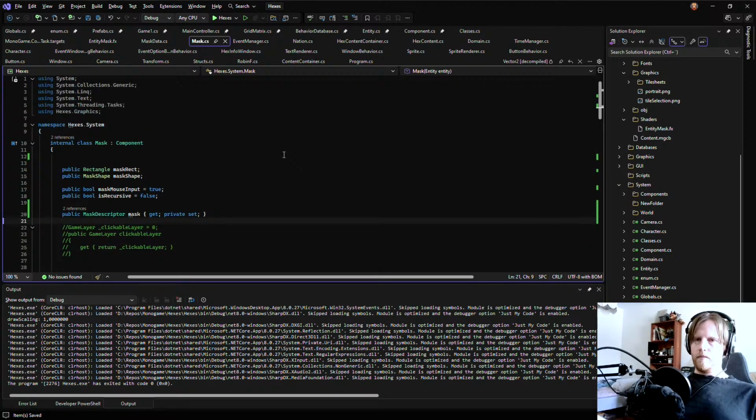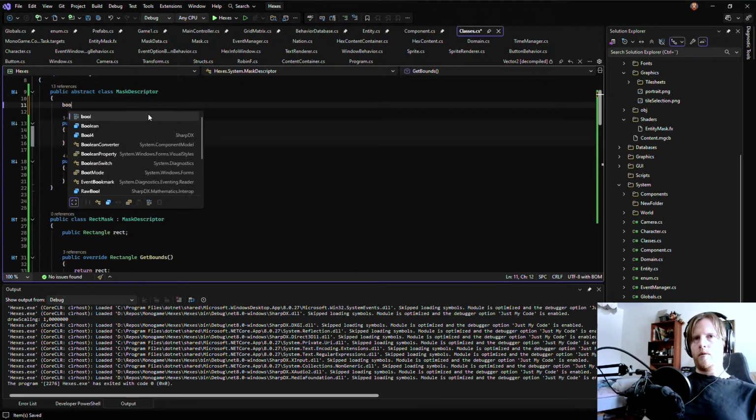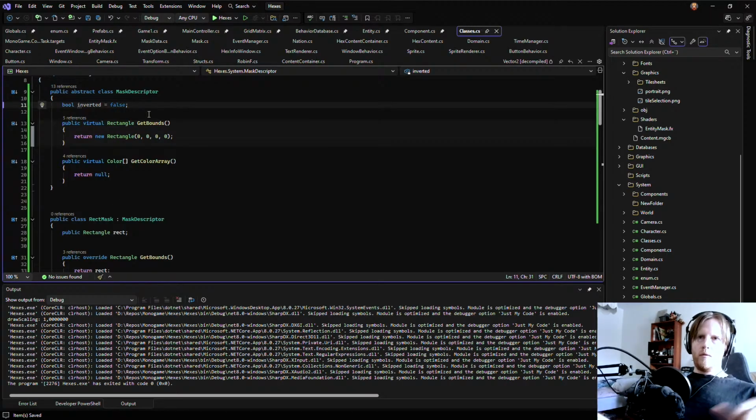Well, I feel like the mask should contain a boolean that says inverted, I guess. The hard part is that